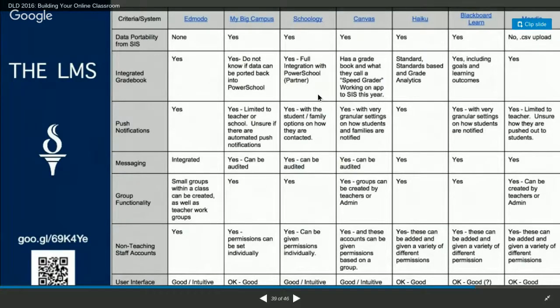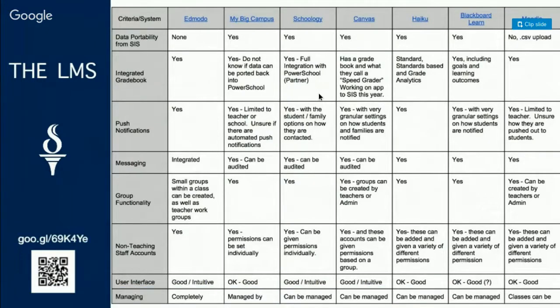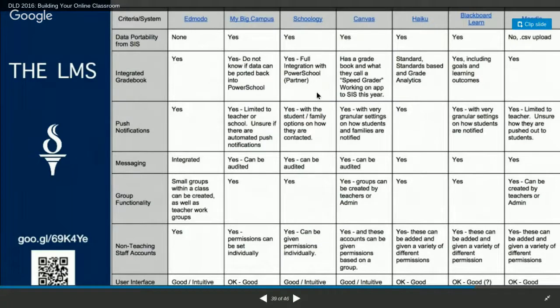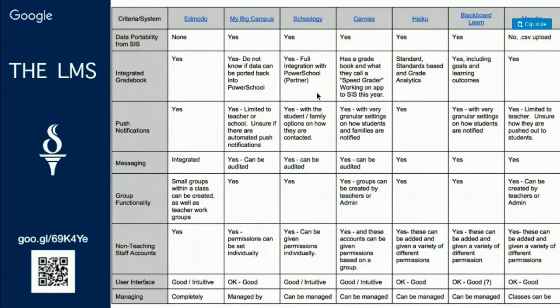So from there, we look at what many of our schools are using to host all this information. Like I said before, we personally use Google Sites, and we use another LMS for our online courses. But what I did here was I provided a sheet that we use when we look at the different features of the different learning management systems that most of our schools are using. So you see everything in here from Edmodo, MyBigCampus, Schoology, Canvas, Haiku, Blackboard Learn, and of course Moodle, that many of our schools are still running their own Moodle camps at their sites. But what we did here was we created a really great sheet, so if you're still on the verge of deciding on a learning management system,